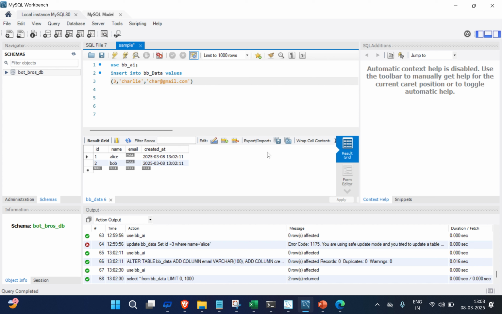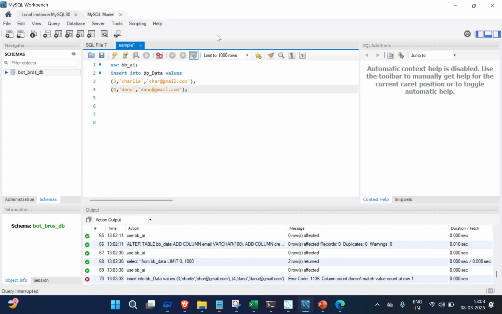Remember that the timestamp will automatically be created. Now let's create a fourth person named Danu, and give an email ID for Danu as well, danu@gmail.com. Now if I run this,